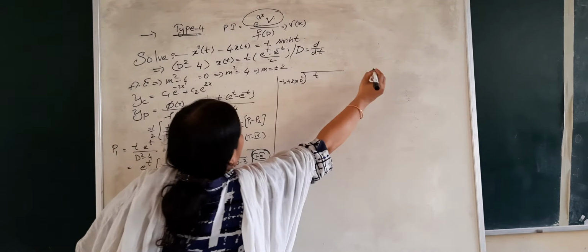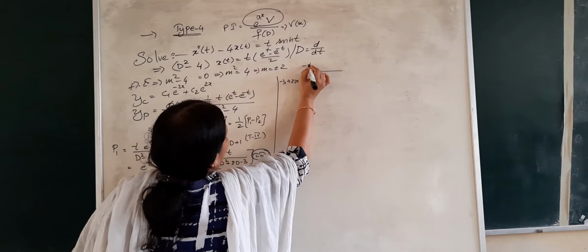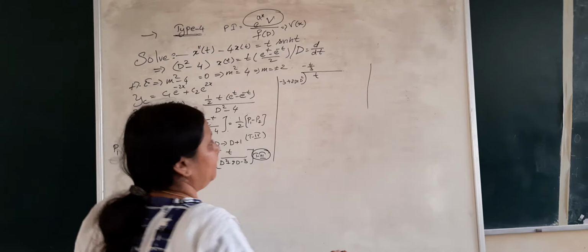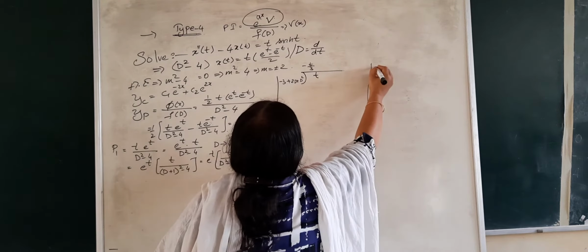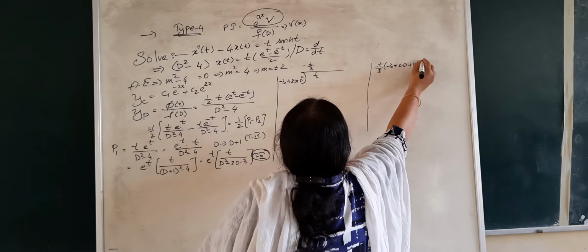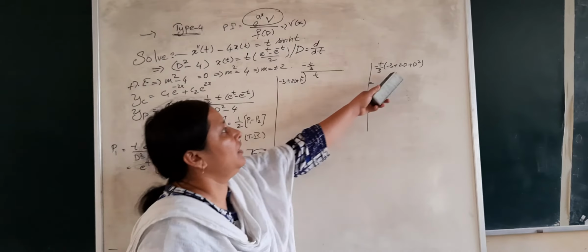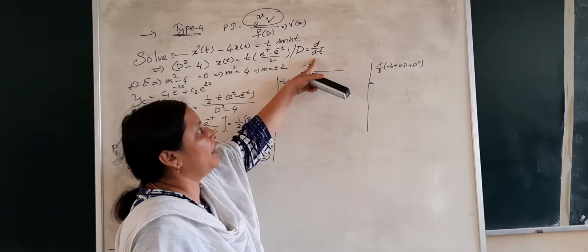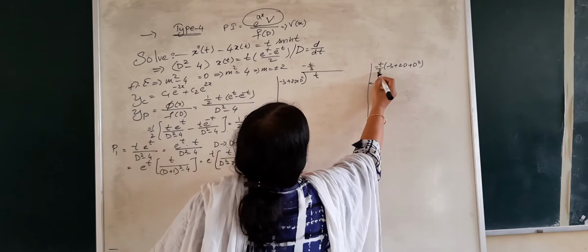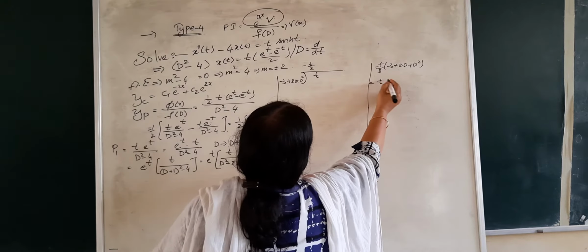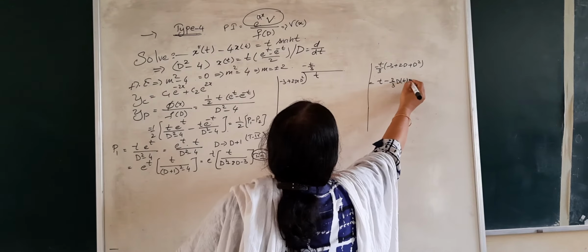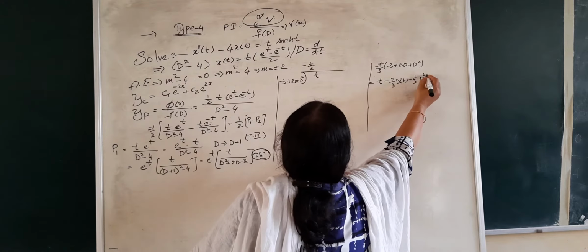Now, first term divided by first term is going to be minus t by 3. Now multiplying minus t by 3 with these three terms, we get minus t by 3 times minus 3 plus 2d plus d square. Here you have to remember what d is. D is not d by dx, instead it is d by dt. So the variable is t, there is no problem, you can directly differentiate it. Multiplying with the first term, we get just t, minus into plus, minus 2 by 3 times the derivative of t, again minus 1 by 3 times the second derivative of t.